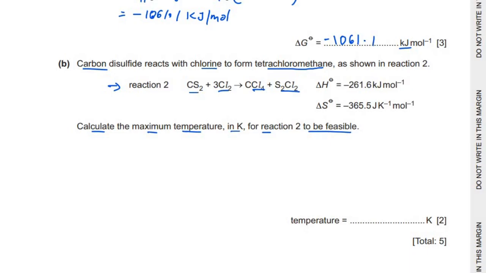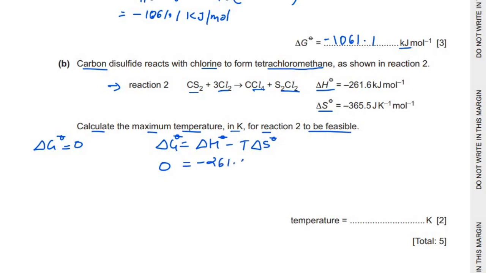So in that case, as we can see here, the enthalpy change and entropy change both for the reaction is given. We need to understand that in that case the Gibbs free energy has to be taken 0. Okay, so if we substitute all these values, delta G is equal to delta H minus T delta S. Here delta G has to be taken 0. Substitute the values here. Enthalpy change is minus 261.6 minus the temperature, and the entropy change is minus